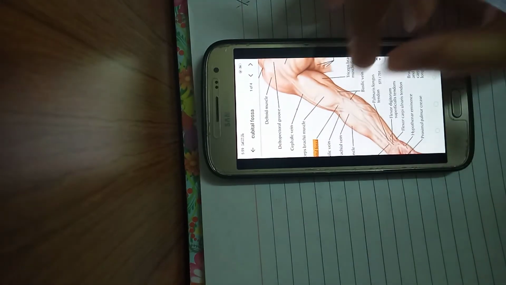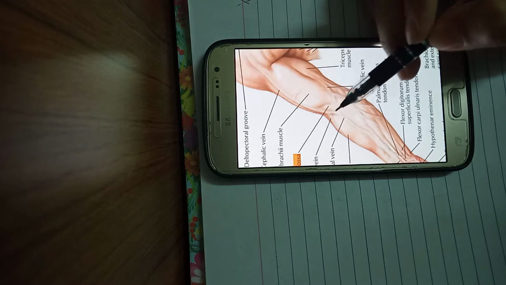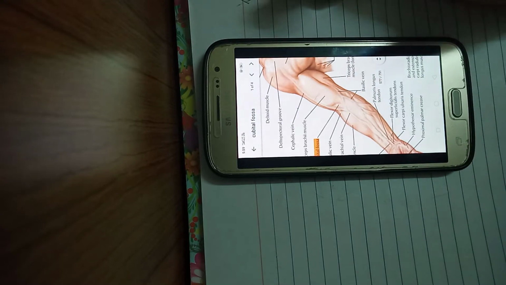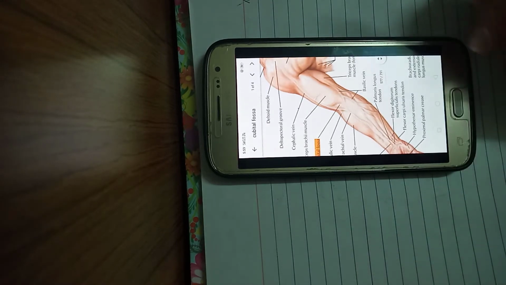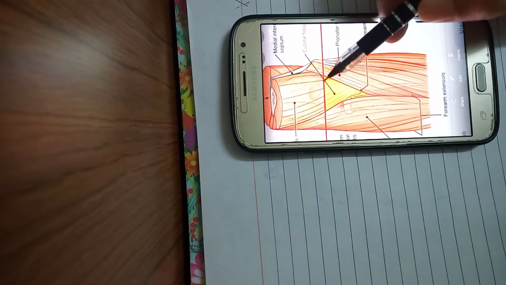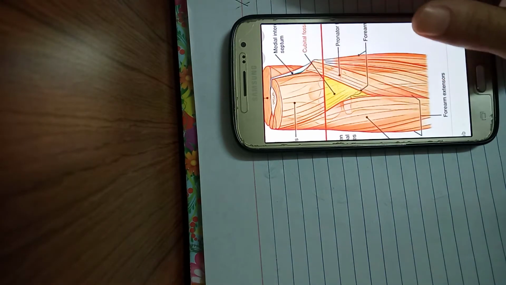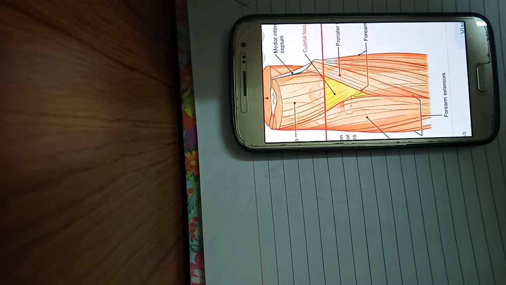As shown in this diagram, this is the arm, this is the forearm, and the cubital fossa is located here. So how do we define it, if it comes in the paper, as it is a very important question? We define it as a triangular hollow space, as shown in this diagram. It is present in front of the elbow, and it is equivalent to the popliteal fossa, which is present at the back of the knee joint. We will talk about it later.